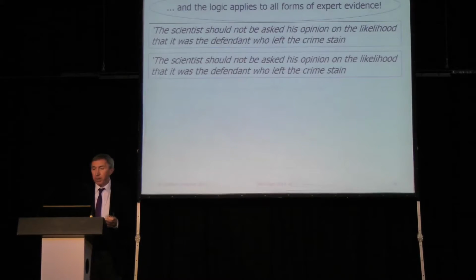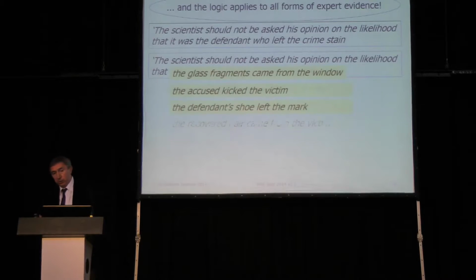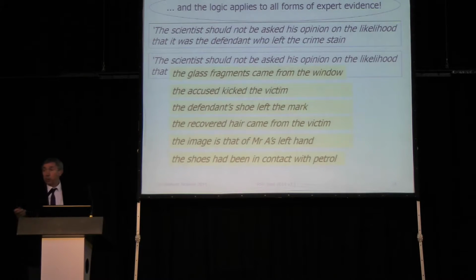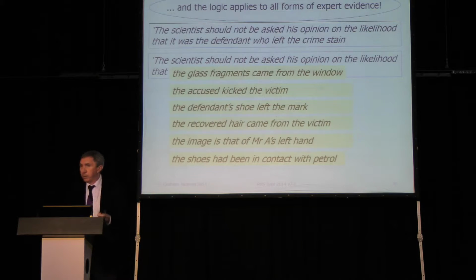And if you think about it, the same applies to all forms of expert evidence, all forms of opinion, I believe, that are in the form of posterior probabilities. So if we're being logical about it, and it took a long time for lawyers to pick this up, I think, in England and Wales. Here you have a judgment in the Court of Appeal that said, in effect, the scientist can't give a posterior probability. That same principle could be applied to any form of expert evidence.